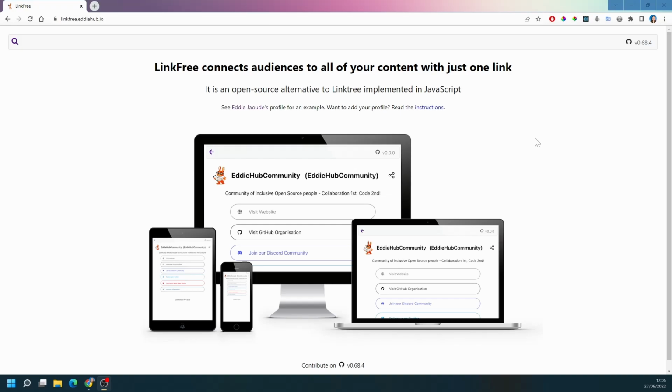Today we are going to be doing an accessibility check on the website Linkfree, and Linkfree is a project on EddieHub. It's an open source project and it's an alternative to Linktree. I am actually one of the maintainers on the project, and I do quite often go in and do accessibility checking and then add extra issues, but I haven't done it for a while and things are always